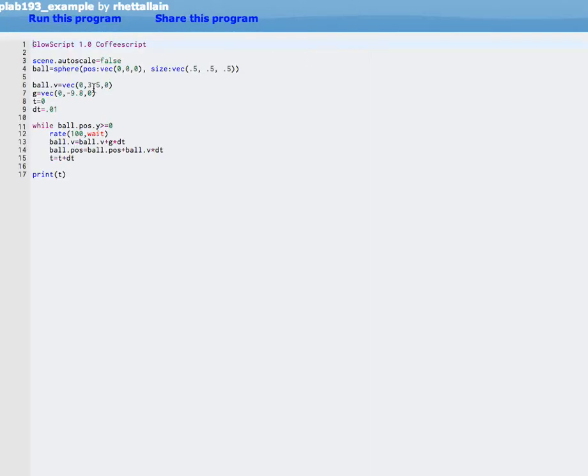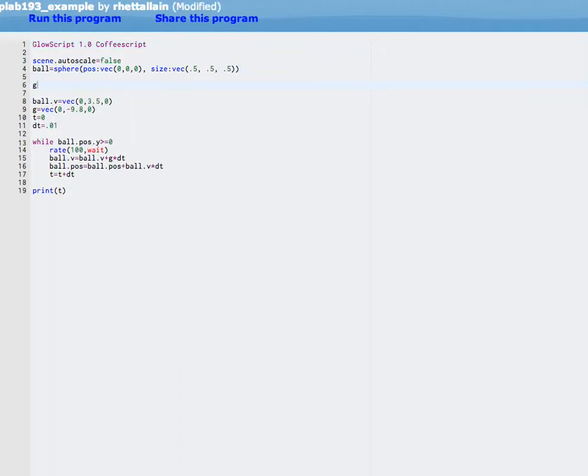Now let's do one other thing. Let's make a graph of the ball's position as a function of time. So up here, I'm going to say graph1 equals a series. And that's it. It's blank. That's my graph, except it's garf. It should be graph, not garf. Graph1. Okay, so now down here, I'm going to say, in my loop, I'm going to say